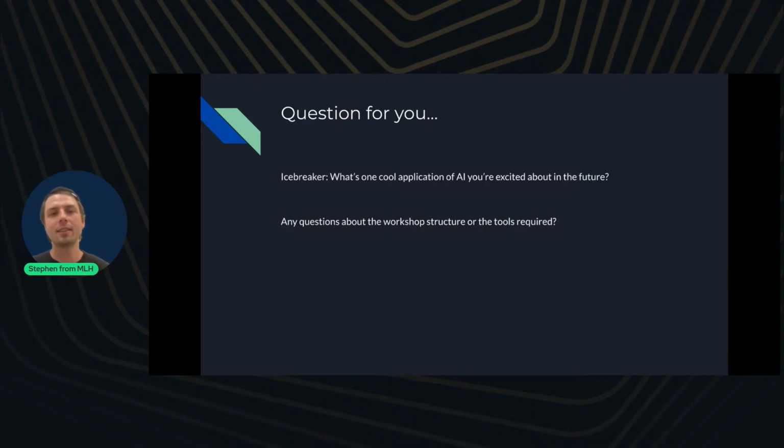They had some really cool robotics hacks, and one of them was using an arm powered by ChatGPT that could actually feed a patient their food in the hospital or in the rehabilitation clinic. I thought that was really cool. Does anybody else want to share what they thought was a cool application of AI?